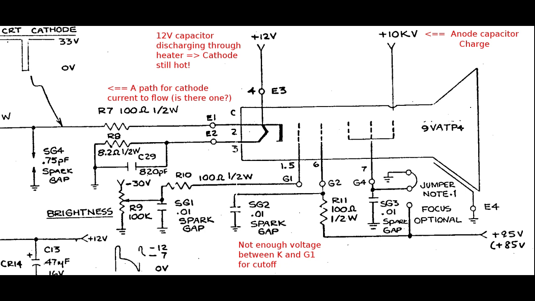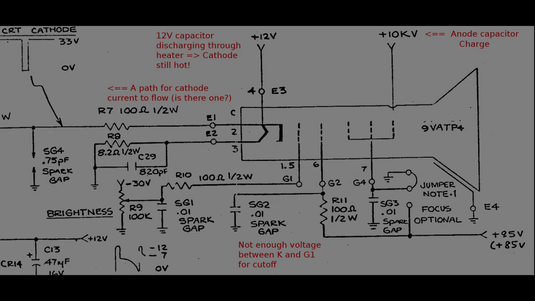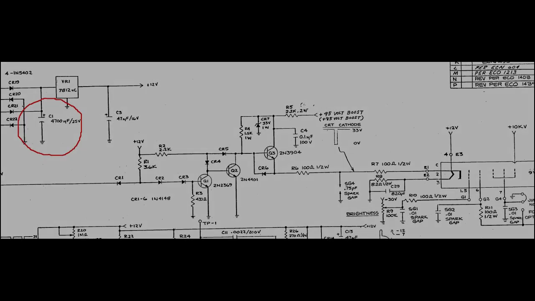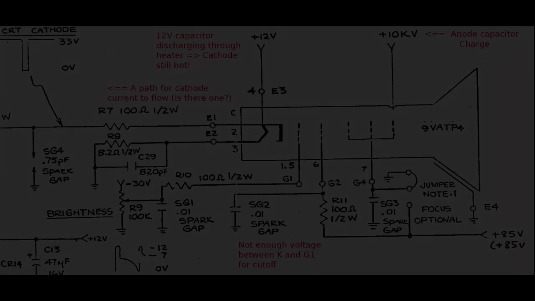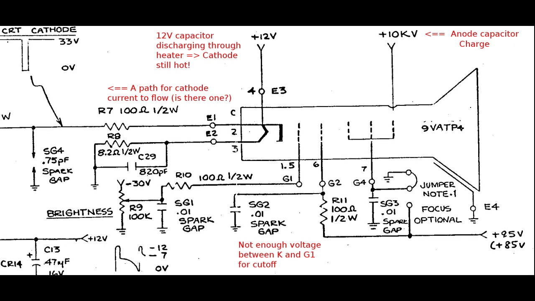Second, we still have a hot cathode, as its filament is directly fed with the main 12 volt monitor supply and not by a secondary supply coming from the flyback. This 12 volt rail has the biggest smoothing capacitor of all the monitor PCB, and basically after the raster circuit has stopped working, this capacitor can discharge almost only through the filament, keeping the CRT cathode hot for quite a long time. All the other CRT voltages like the grid 1 brightness bias, grid 2 cutoff and cathode bias are